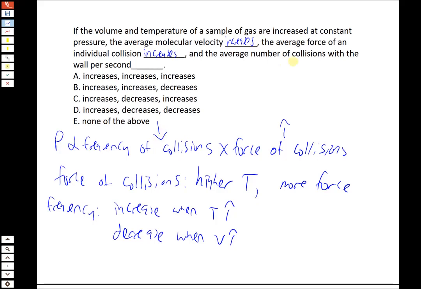And so the average number of collisions with the wall per second, which is the frequency of collisions, has to decrease in this case. And the reason it has to decrease is because the pressure is staying constant. In order for that to be true, if one of them is going up, the force of collisions is going up, the other one, the frequency of collisions, has to go down. So it's going to be increases, increases, decreases, which should be choice B here. Okay? So the first two are unambiguous